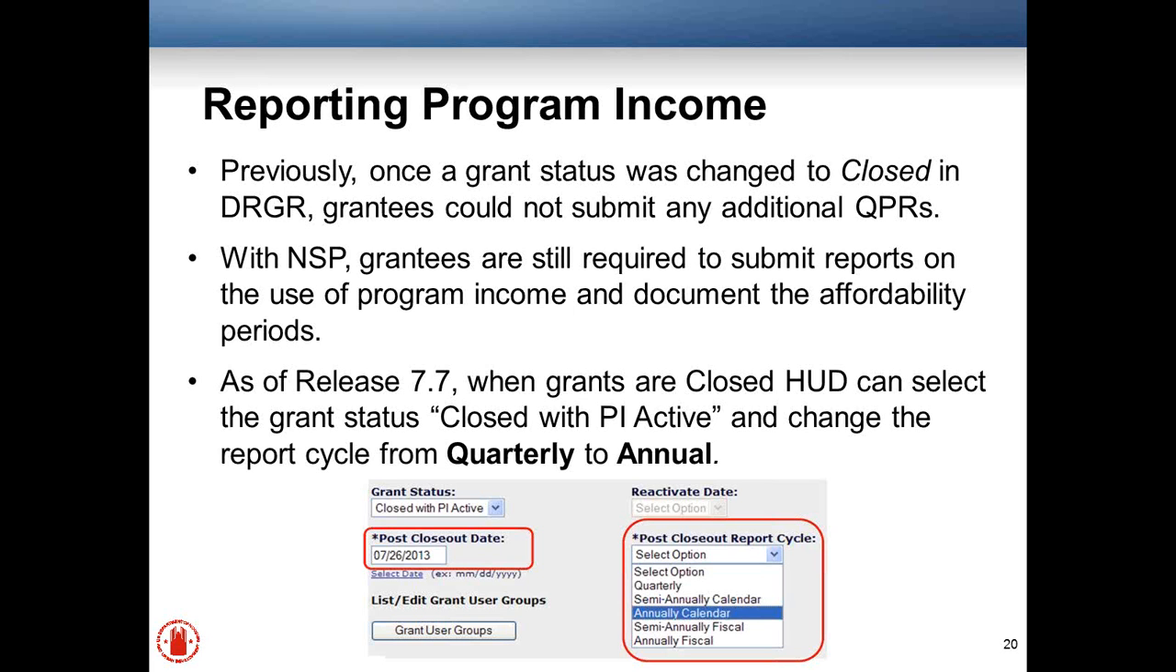About a little bit about program income as well. Previously, once a grant status was changed to closed in DRGR, grantees could not submit any additional QPRs. And that doesn't really work for NSP grantees that have program income. As we know, it's a requirement for HUD to continue to track the use of program income, and required for you guys as grantees to demonstrate what you're doing with your program income, the affordability periods need to be